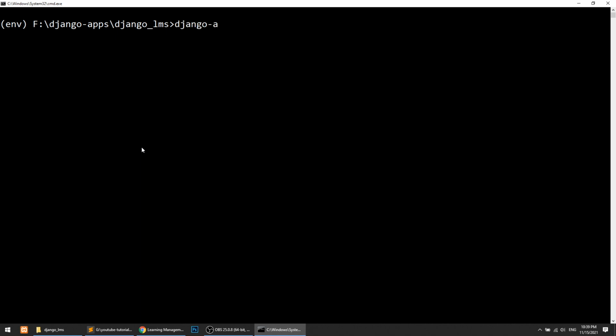So django-admin. When you have installed Django, then you can run this command django-admin. Okay, so django-admin create project, start project, maybe create project, and the project name is, I will say, LMS API. Because I'm using Django for the API, and I'm using React for the front end. So that is why I'm creating LMS API, learning management system API. I will enter this.